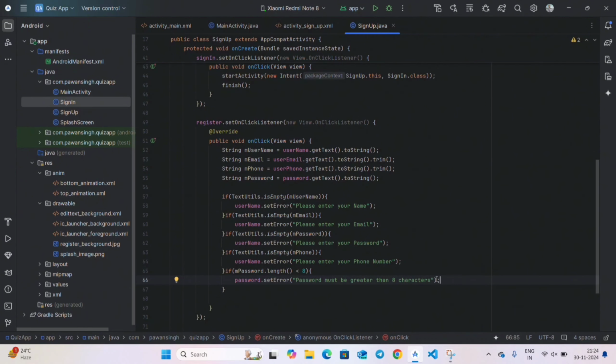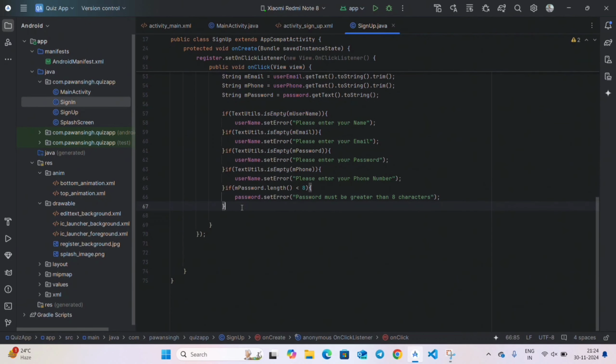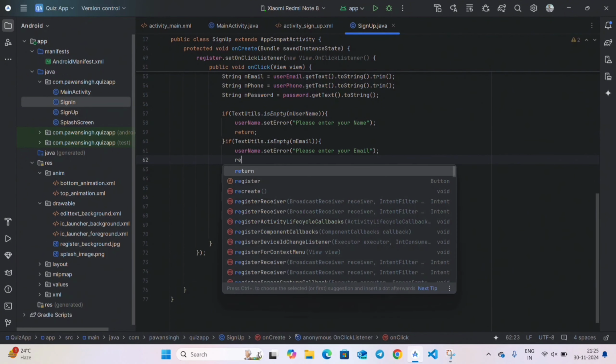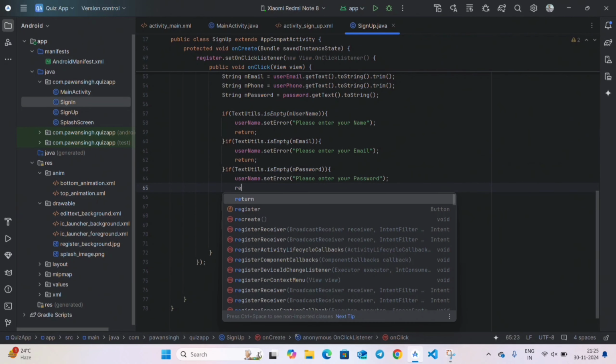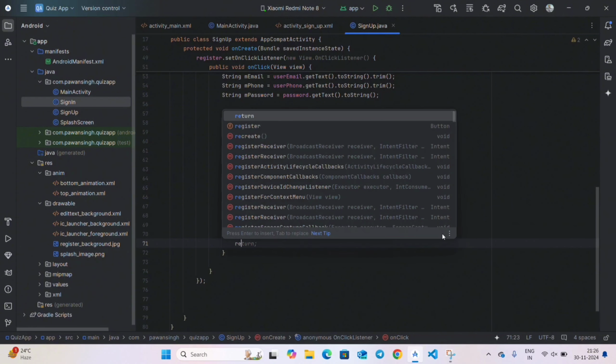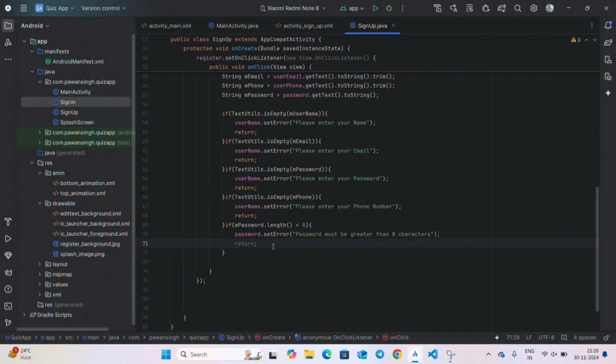Now after each check it must not proceed any further, so write return after every check. Go to the first if statement and write return after this, and do it for all if statements. Write here return, here also return, in this return, and return. After this we will show our progress bar when the user clicks on the register button. So write here below this progressBar,